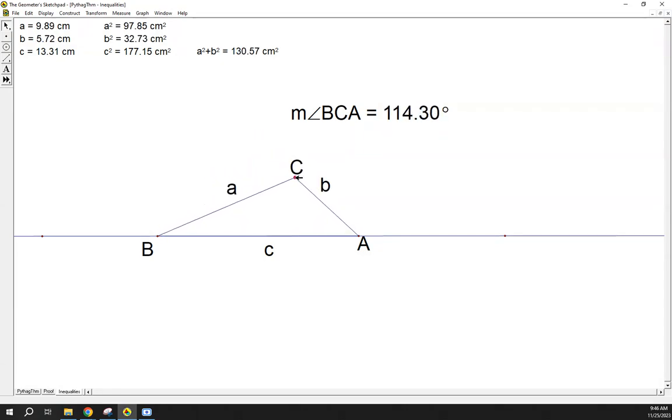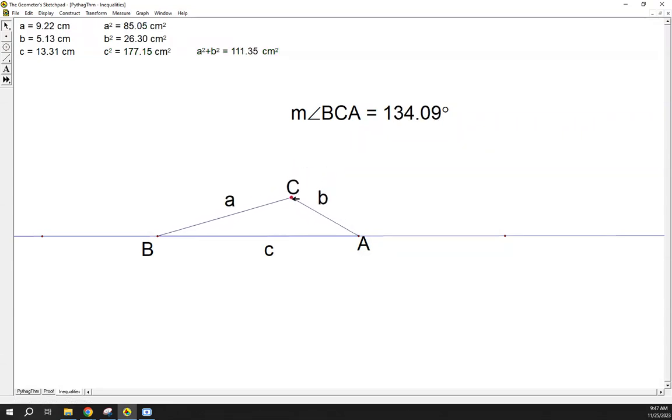So right now, based on this angle here, this is an obtuse triangle. And if I think of A, B, and C being the same thing, I still measure those sides, I still square them. And now I look at these comparisons. Notice that C squared is now larger than A squared plus B squared. So that's one thing we might notice in any